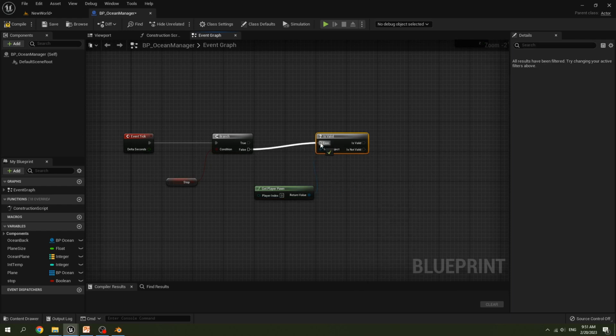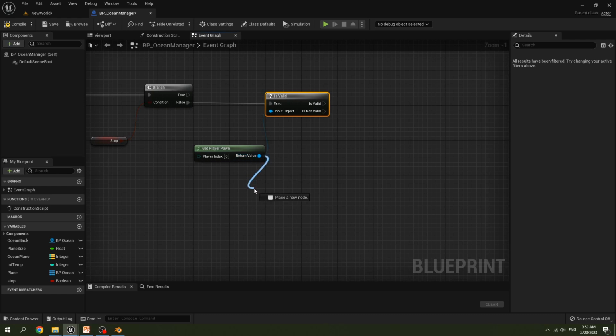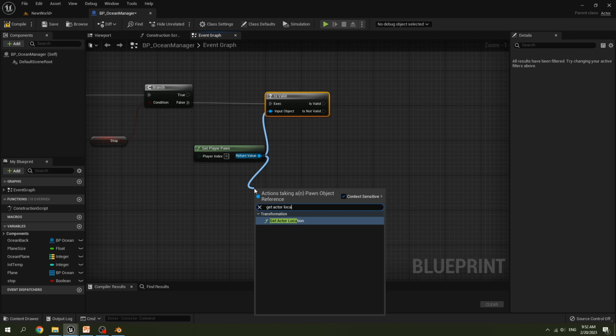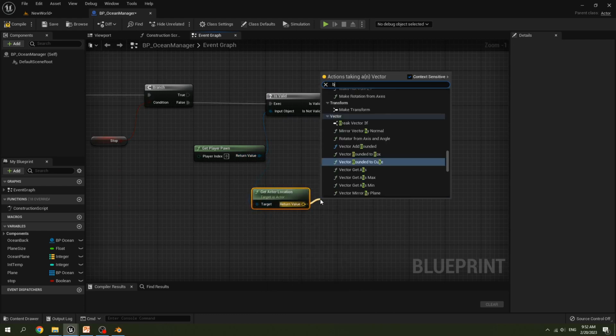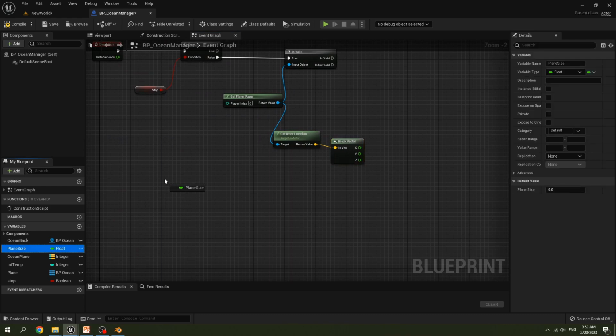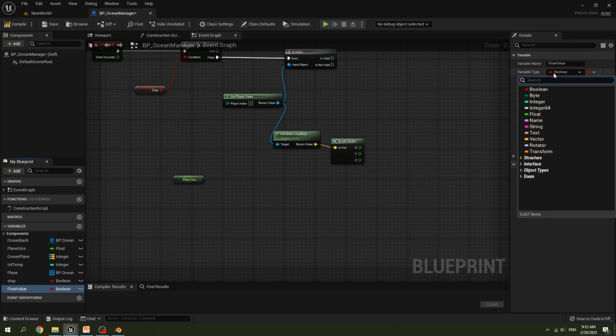Connect it to execute. From get player pawn, get actor location, break the vector, get our plane size, and create new variable. Name it float value. Select variable type to float.